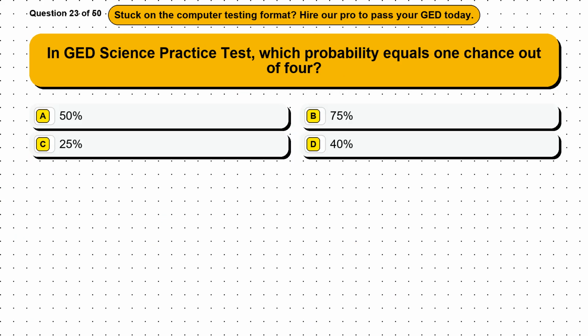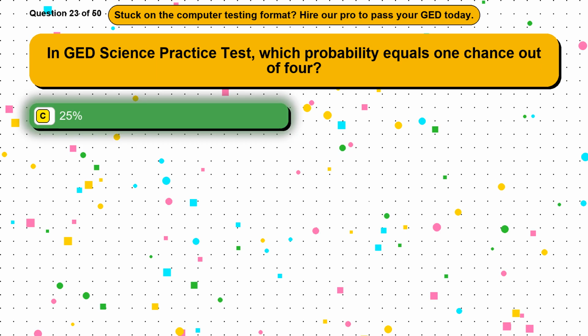Question 23. In GED Science Practice Test, which probability equals 1 chance out of 4? Option A, 50%. Option B, 75%. Option C, 25%. Option D, 40%. The correct answer is option C,